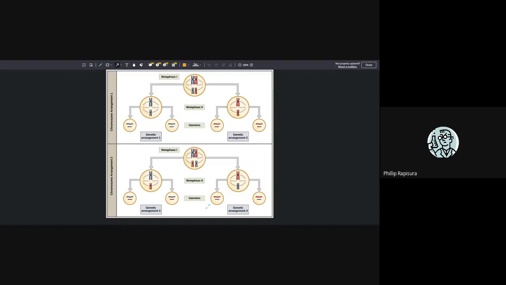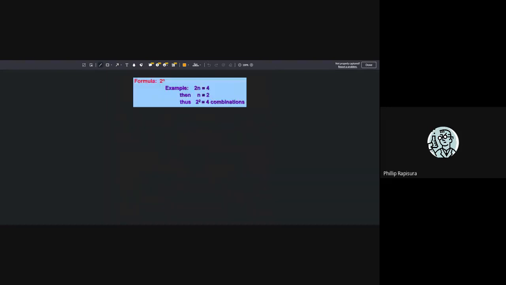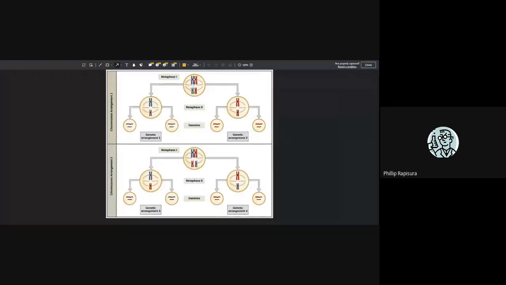Well, there's a way to mathematically do that, and it looks like this. So this is from our example. The formula is going to be 2 to the n. Remember, n is essentially our haploid number. So when we're trying to find what our haploid number is, if I come back over here, I have